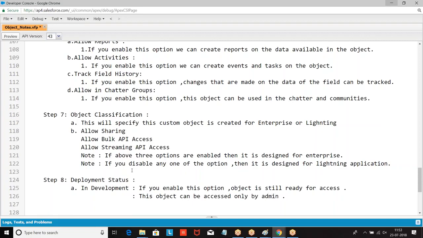This object is not ready for access, and it is only accessible to admin. Deployed.